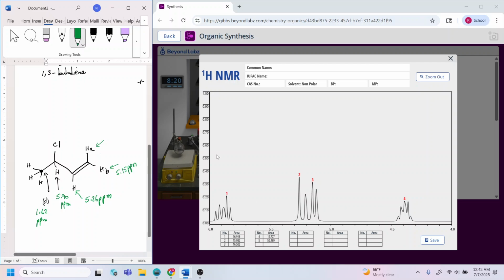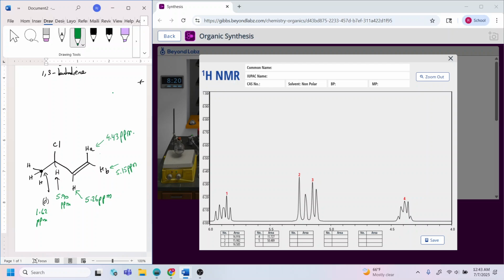It does have 1 hydrogen, and it should be split into a triplet. It's showing here as more than 3 peaks, but honestly, it should be a triplet because this hydrogen is so far away to split hydrogen A. So hydrogen A will be split only by this hydrogen and this hydrogen plus 1. So it needs to be a triplet. So position 4 will be for hydrogen A. And that is around, let's put the midpoint in there, around 4.43